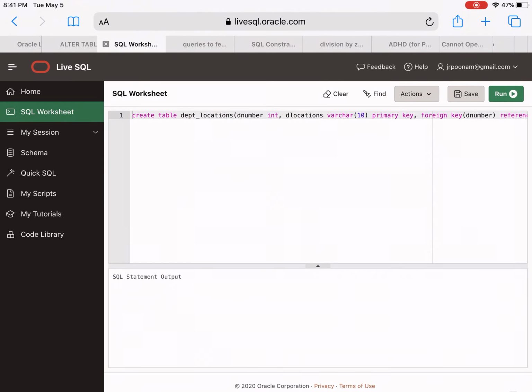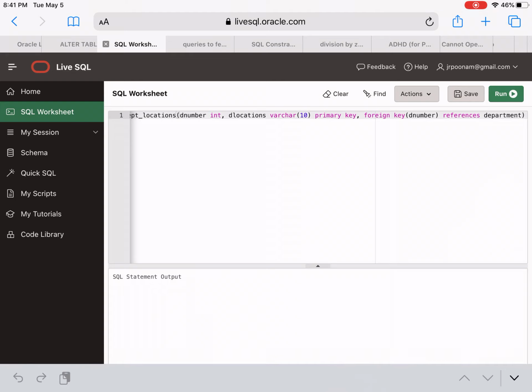Okay, so department, then department location is also created. You can see for department location, D number, D location, and D location is the primary key, and the foreign key is D number, which is referring to department. It is fine to design the foreign key when the table I am referring to, which has the primary key for this foreign key, is already designed before this. If the department table was not yet created, I cannot have the foreign key defined now, because it will give you an error saying that the department table doesn't exist and the relation won't work. So you have to keep it pending for some time till the department table is created. This is what you have to keep in mind.